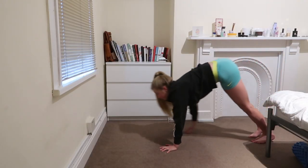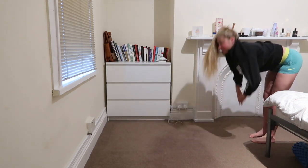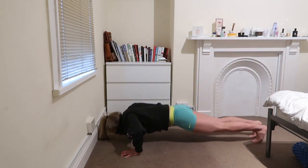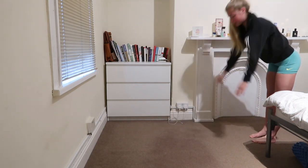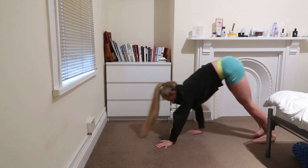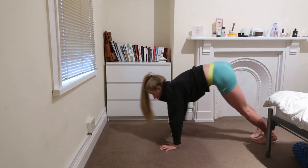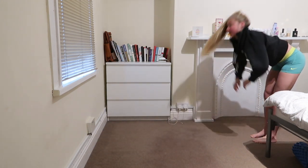So the first exercise we're doing is a caterpillar walk with a press up at the bottom, then walking the hands into the legs, arms up, and then to the next one. We've got 5. Press up, hands into the feet, trying to keep the legs straight, arms up, 2. So we're working on hamstring mobility and just warming up with this exercise. 3, 2 more,